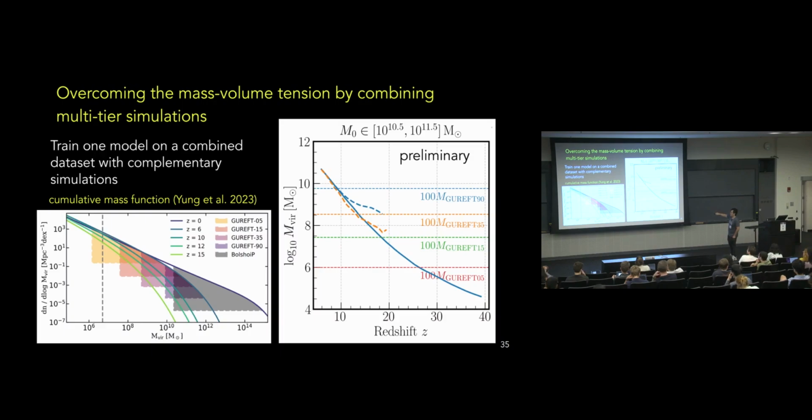And what if you combine them into one big training data set? Can you actually extrapolate between the capabilities of the simulations? What I'm showing here is the mass versus redshift. The dashed lines are the simulations. This is the mass assembly history that you get from the simulations. And the solid curve is what we got if we train every model on this combined set of